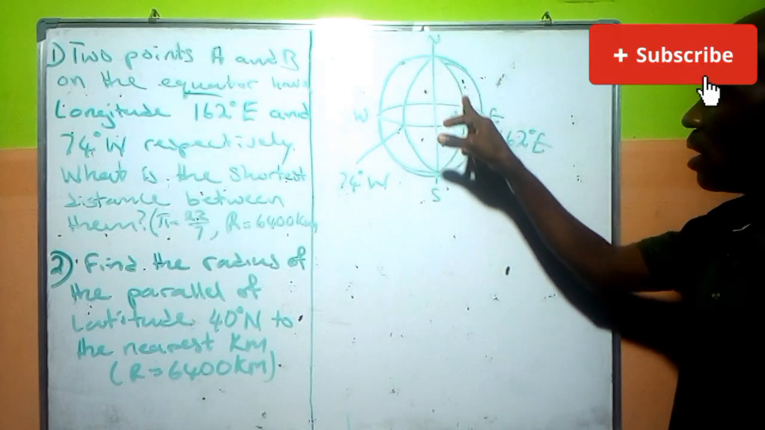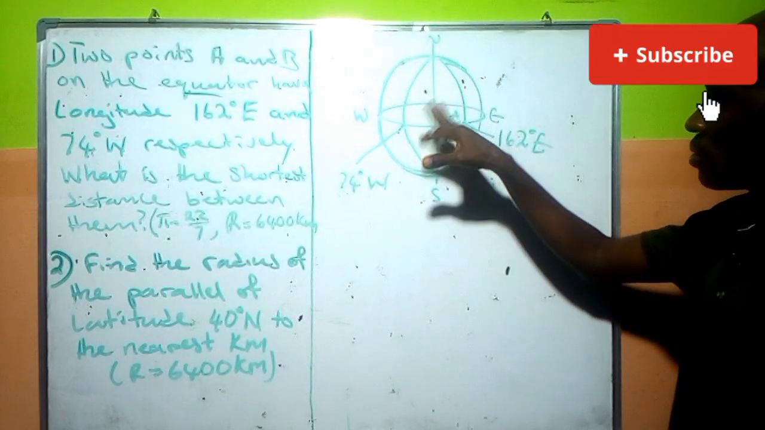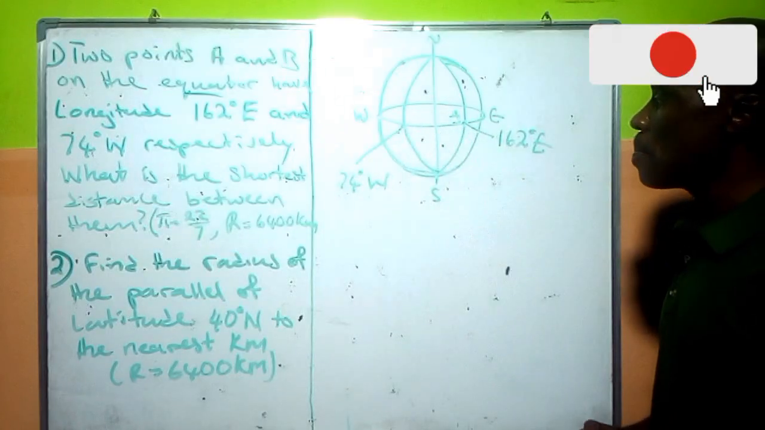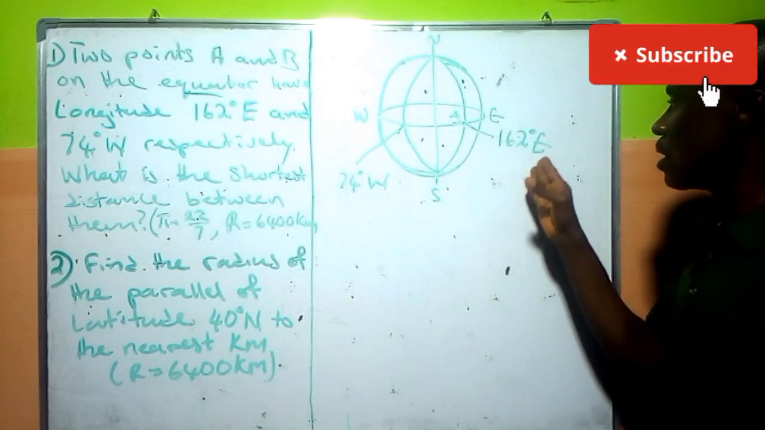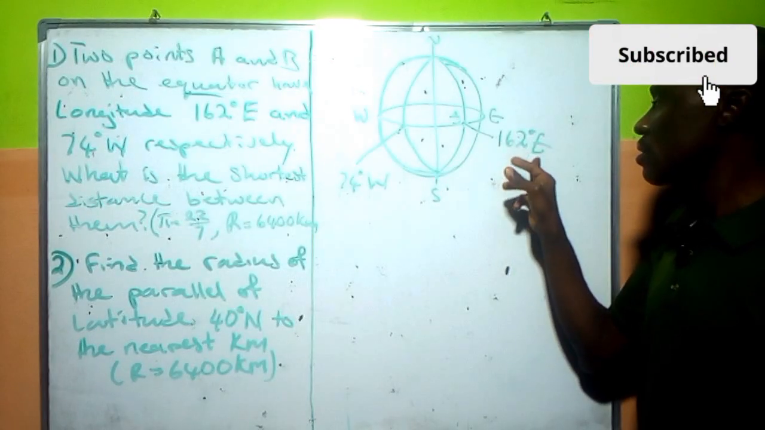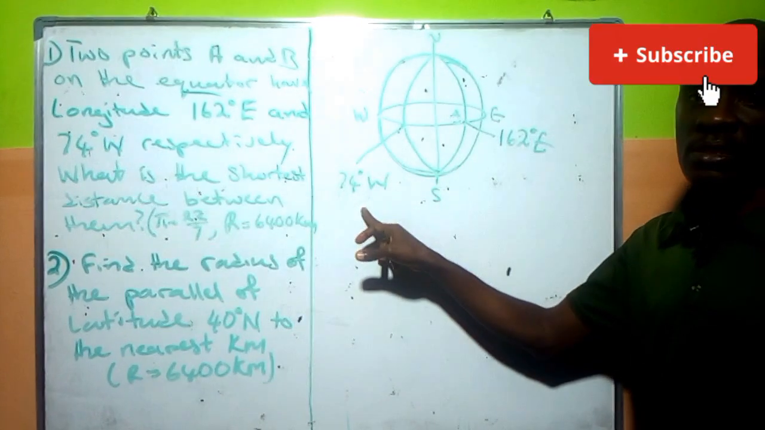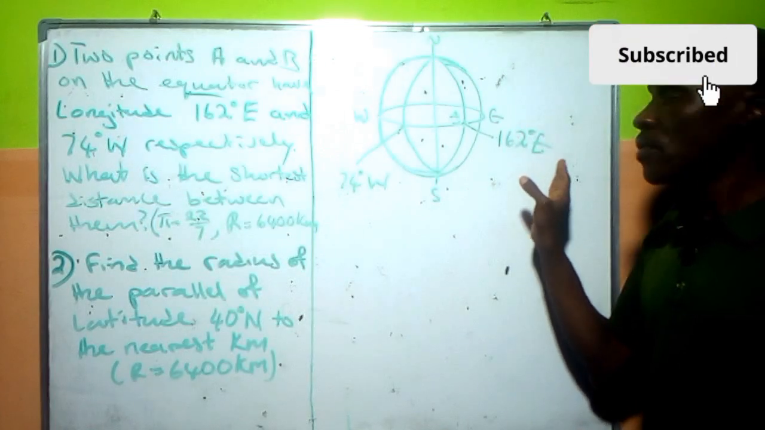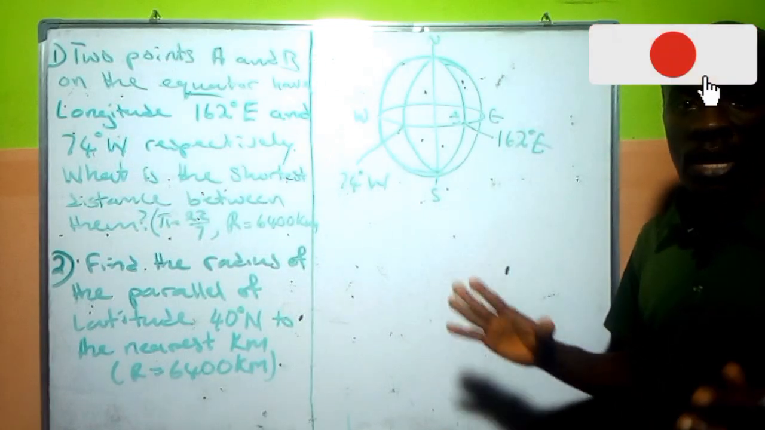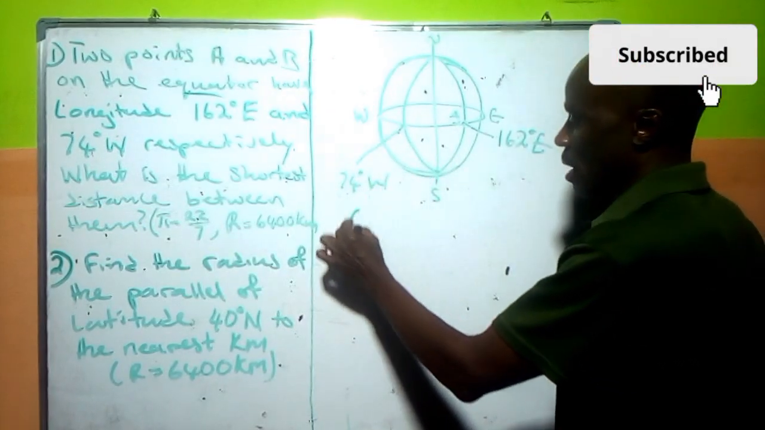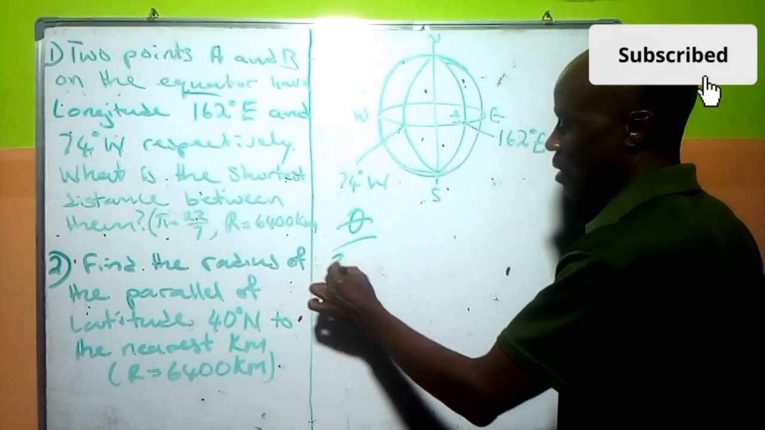This is the longitude. This is the equator where they are. So now they are in different points. This is east. The other one is west. So whenever they are in these positions, east and west like this, what we do, we add it. And then what we do? Remember, the formula we normally use is this